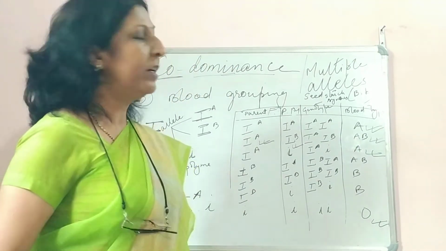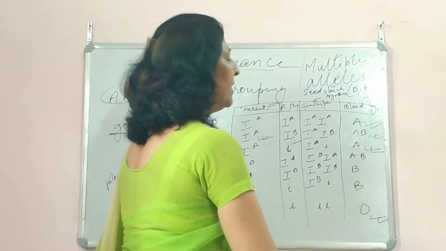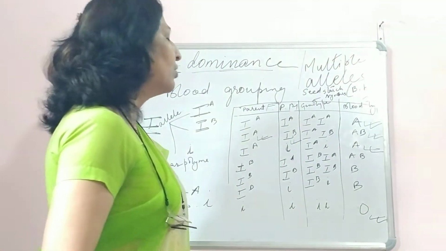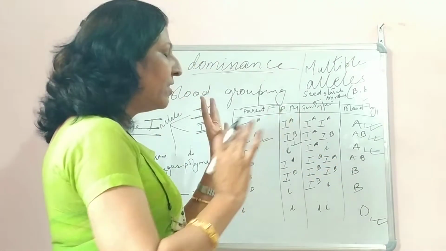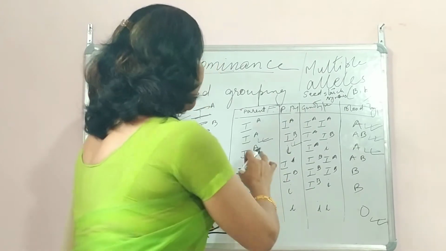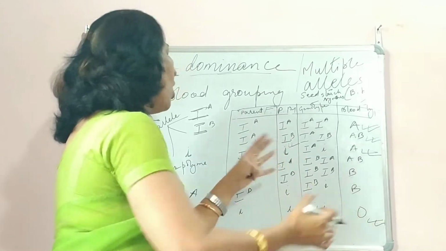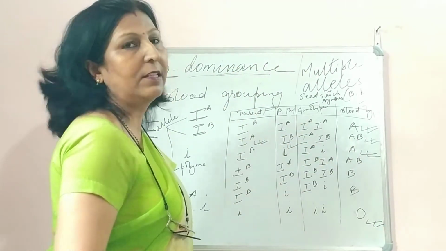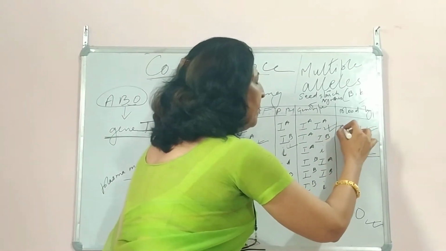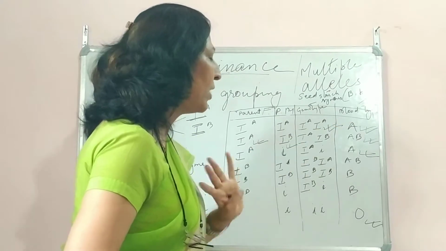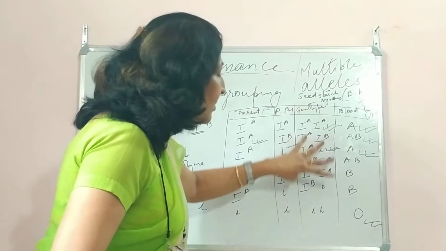The cases may be different. So if somebody tells you, children, it should be there in your mind. If somebody tells that the person is A blood group, you can conclude what different characteristics the person may have. Maybe he has got IB from father, and from mother he has got IA, or mother IA and father IB, it is AB. But for A, there can be different chances. It can be IA and IA. Genotypically, it can be IA and IA, then also A is exhibited, and then it is IA and small i, then also A is exhibited. So this is genotype.